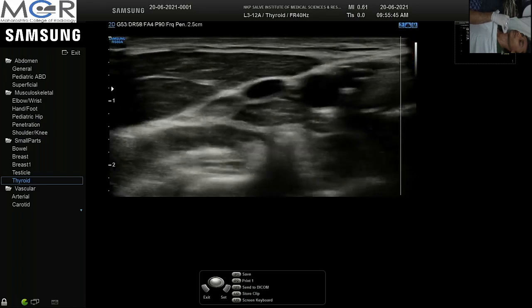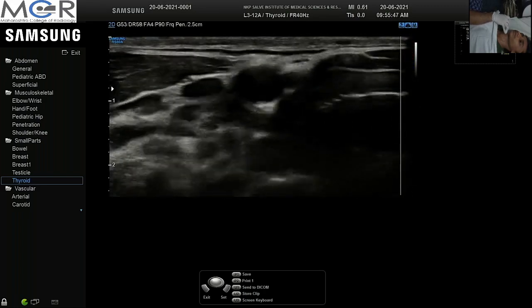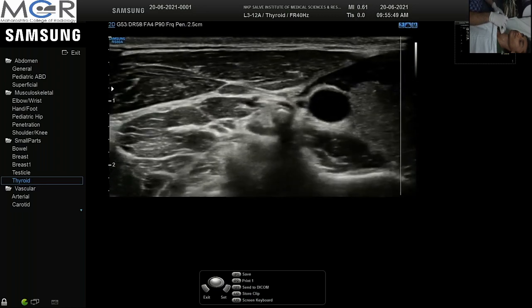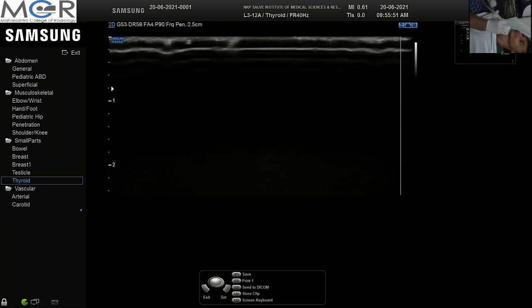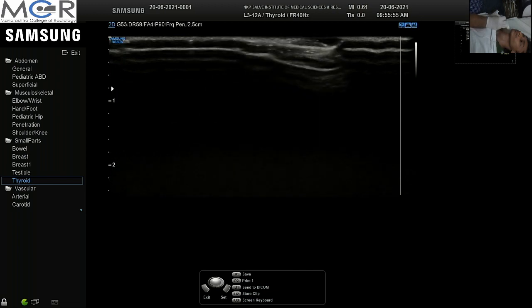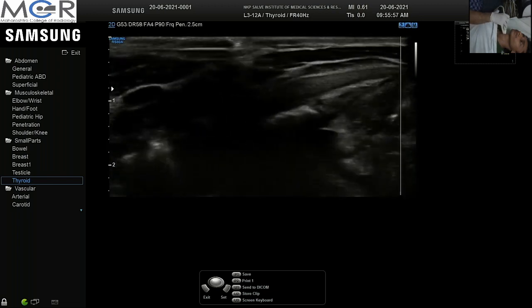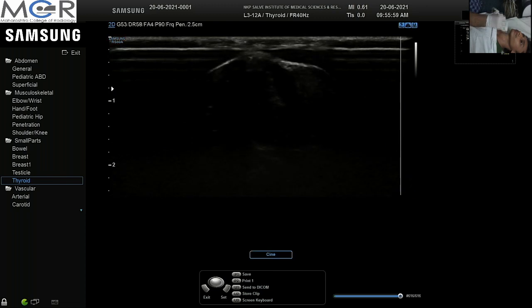So the take-home points for ultrasound of the neck is: know the muscles, they form important landmarks. Most of the lesions can be diagnosed only by their location and some history,